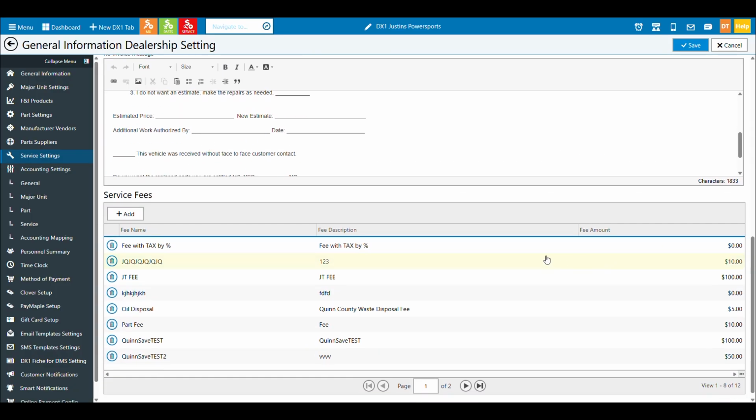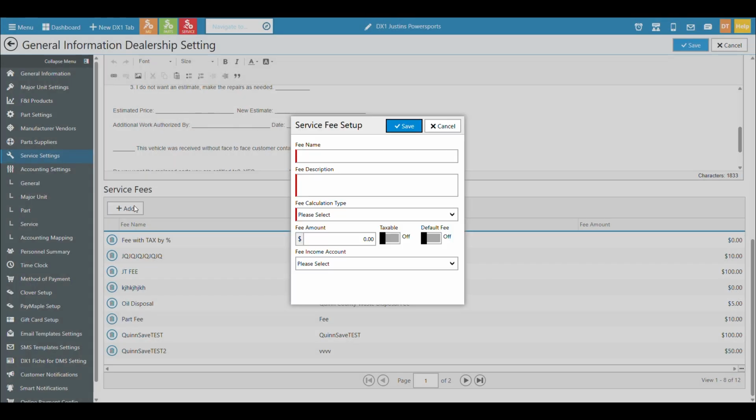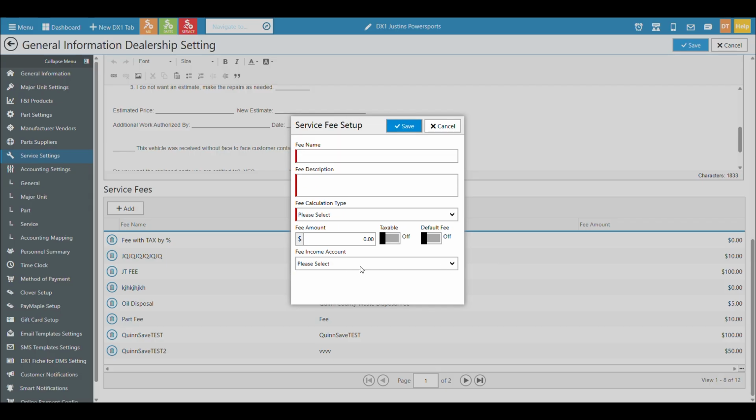We also have service fees, just like we've seen with parts fees. The process is the same. You have a list of fees here. If you'd like to add a fee, you can click plus add. Give it a name, description, a calculation type. In service, you can do it a little bit different. You can go by flat amounts, percentage of labor total, or percentage of job. And then again, you can decide whether it's taxable and a default fee. In the case of the service, maybe you have shop supplies or something like that that needs to be part of every invoice. You could toggle that on here, and then when you create new work estimates and new jobs, it'll come on as a default fee. And then just like in other places, you can link it correctly to an income account if you'd like.